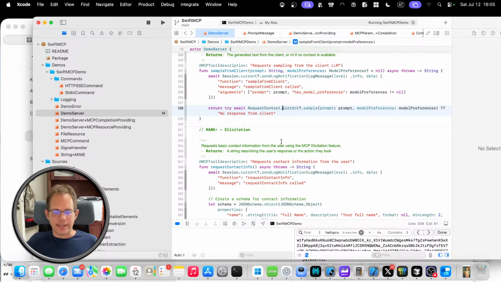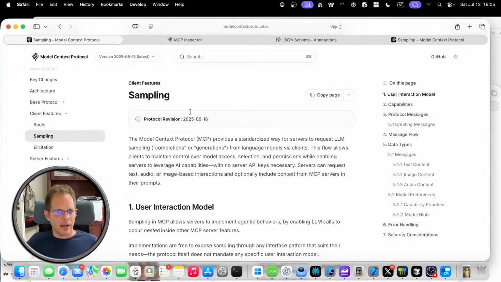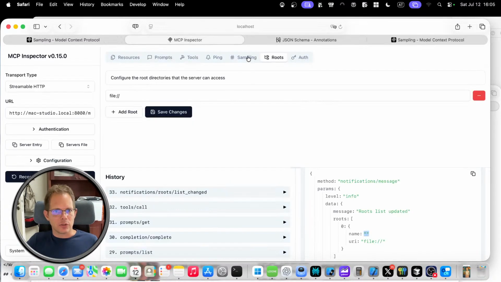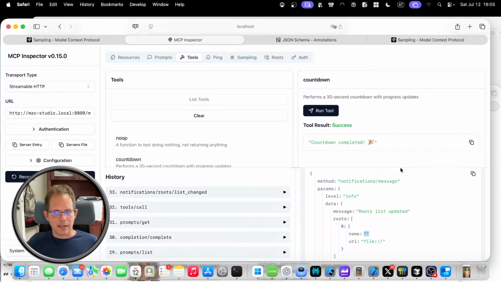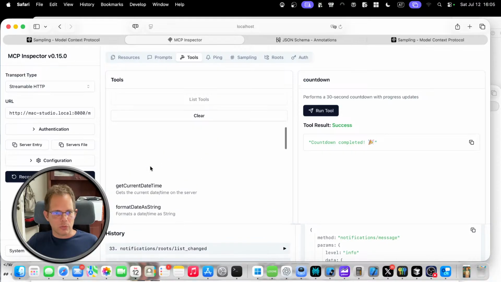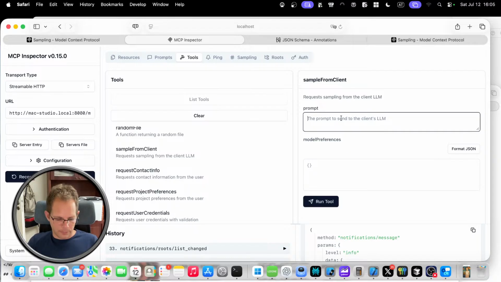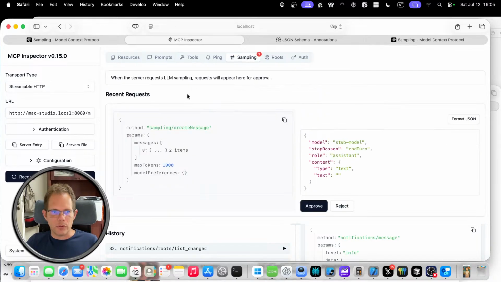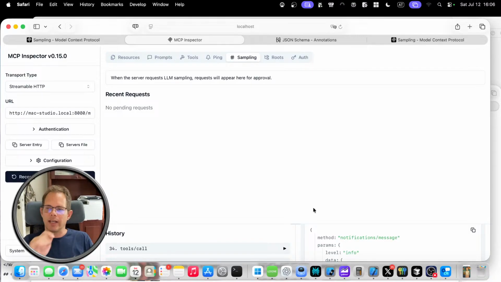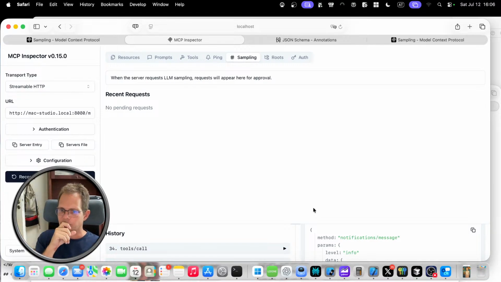You can test this with MCP Inspector. So we have sampling here, nothing there yet, and you need to be fast because there's an annoying timeout. So what I can do is I have this function sample from client, greet me. And so I run the tool. I need to jump over to sampling and say what the response should be, and say approve. Actually, I just told you nonsense. I can do approve or reject. So if I approve, then